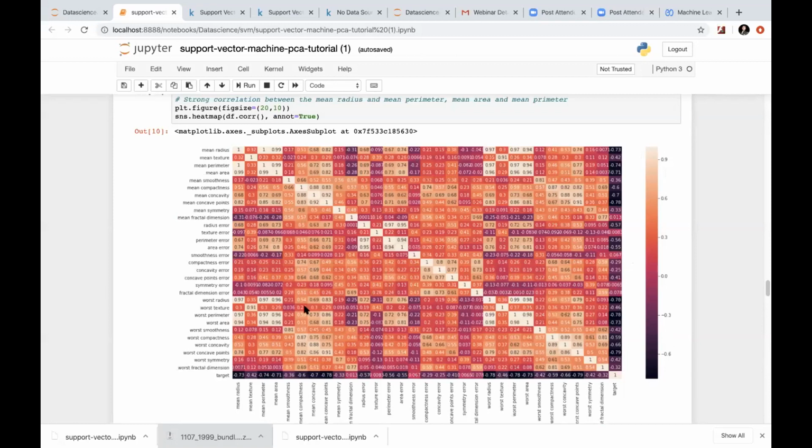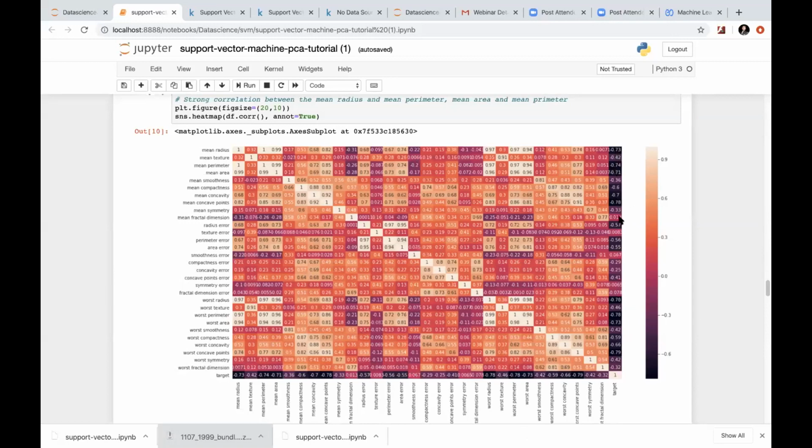So you are able to understand from this correlation heat map which features are important for this SVM, for our modeling part. So worst radius, worst perimeter, worst area, but we have to analyze it with respect to the target. So this is where we have to see.